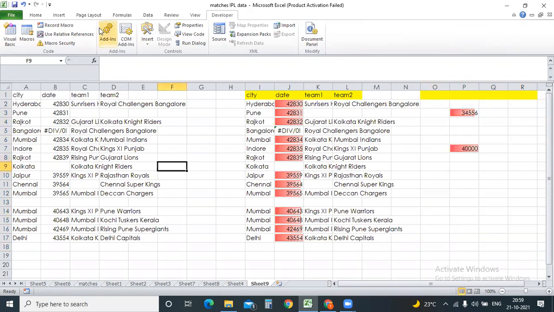Suppose someone asks you, I need only numbers between 100 to 200 in this particular selected value. How can you do that?